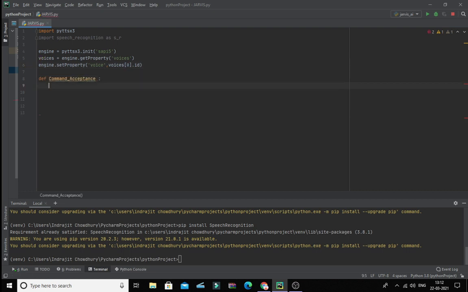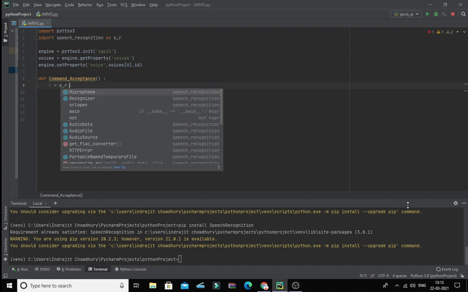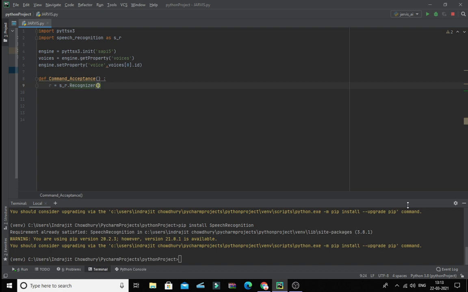Now I will define a function known as command acceptance, with open and close parentheses, then a colon. Then I will initialize the recognizer variable, which I am writing as r. So r will be equal to sr.Recognizer().